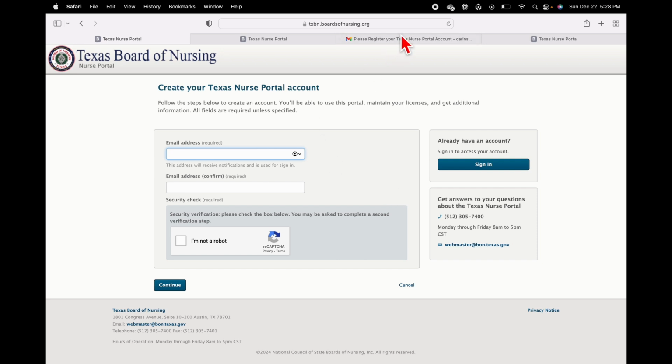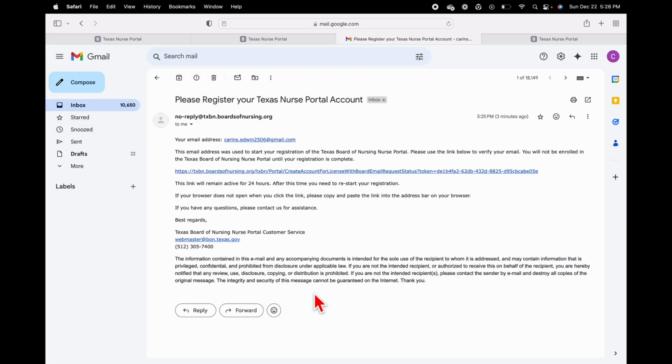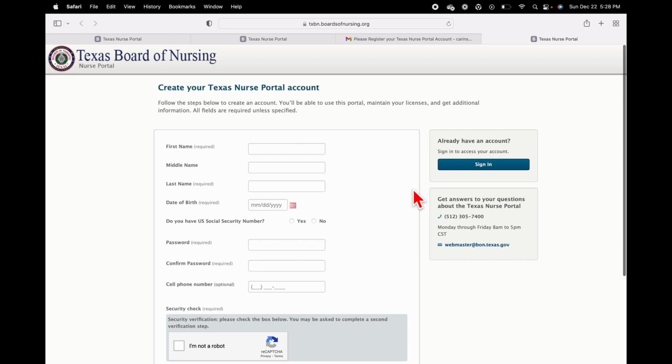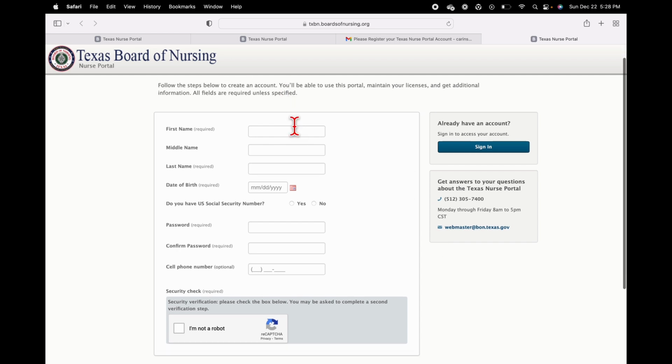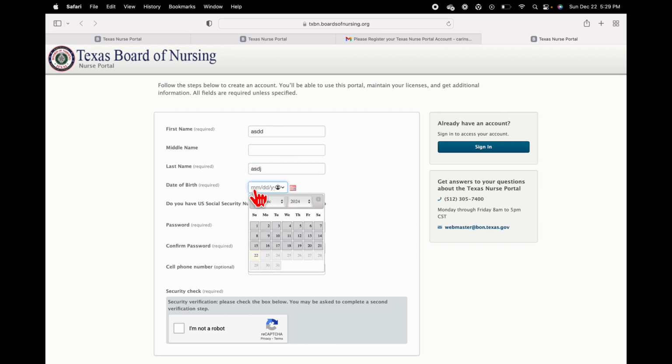So the verification email that you're going to get is going to look like this. It's going to come from noreply@txbn.boardofnursing.org. It's going to have this link right here, so click on this and then you're going to see a screen that's going to look like this. So here you're going to put in your information, just put in your first name, your middle name if you have one. So all these fields that say required, these are mandatory and you cannot proceed with the application without filling this out. So you're going to put your last name, whatever it is, you're going to put your birthday,